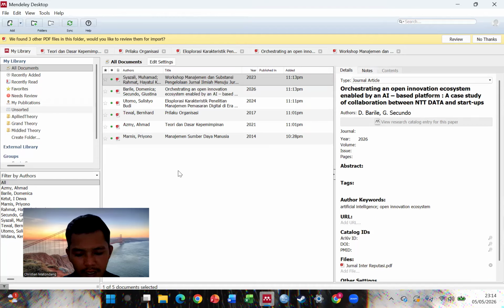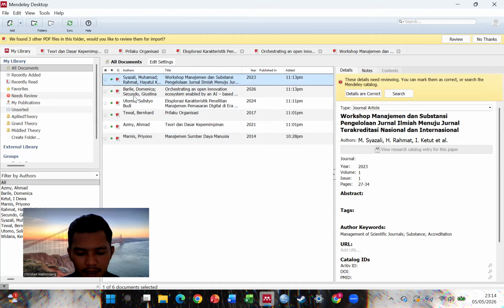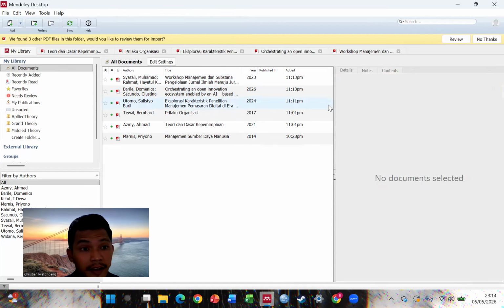We still use the Add Files feature and perform the same metadata check. So I will just show you the checking process here. Okay, now all of our journals are ready in the library.